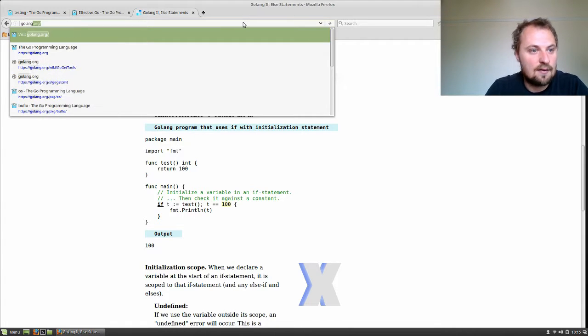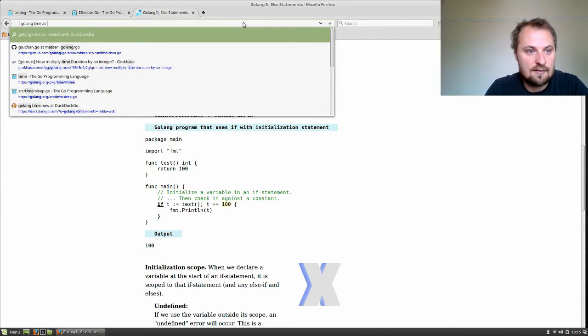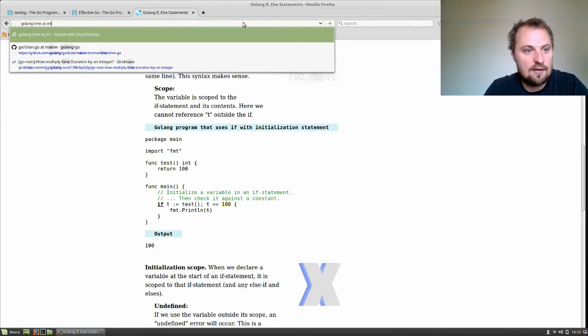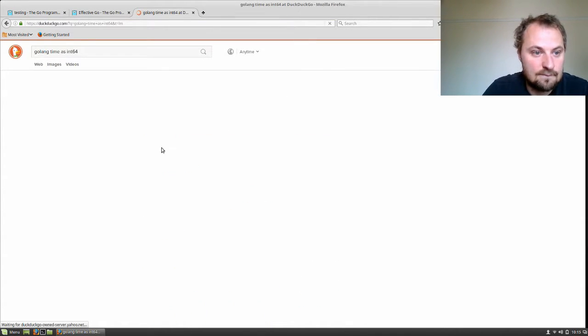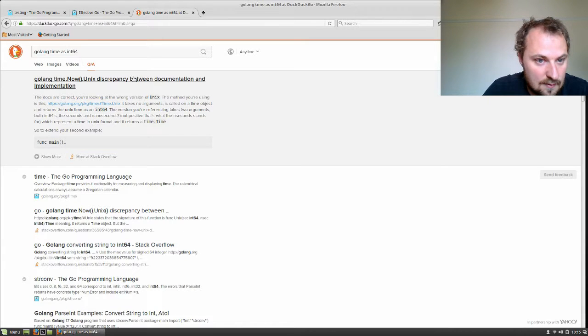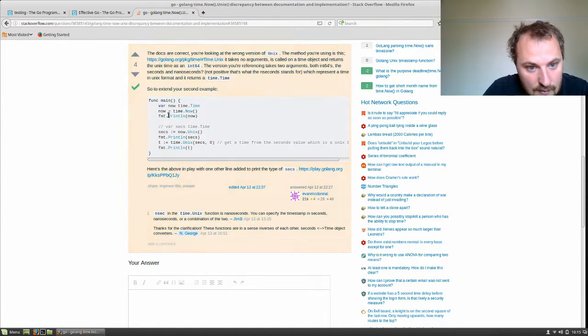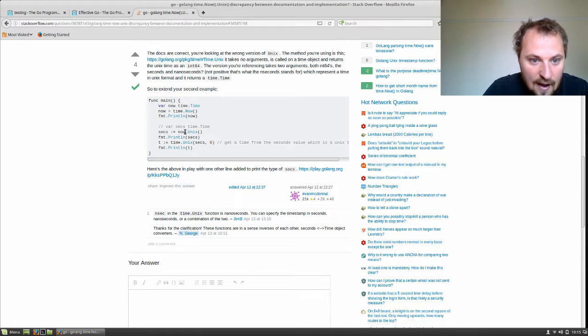Golang time as int64. So time.Now, and then we get seconds, Now.Unix. So that was all I needed. Time.Now.Unix ought to do the job